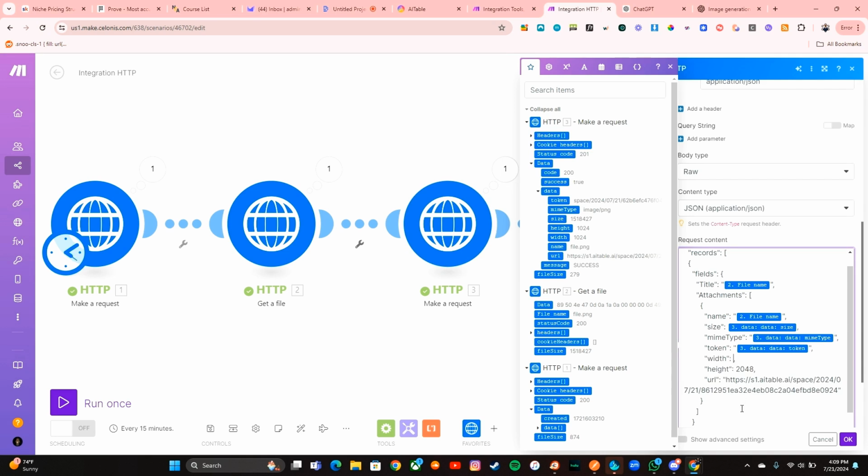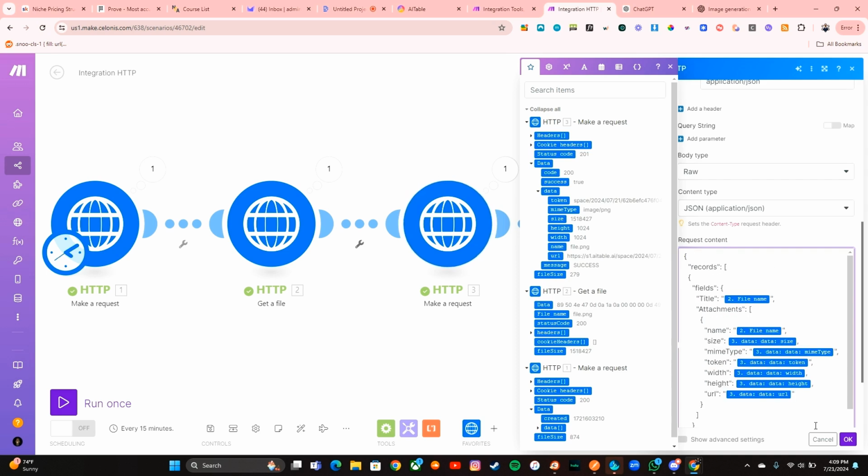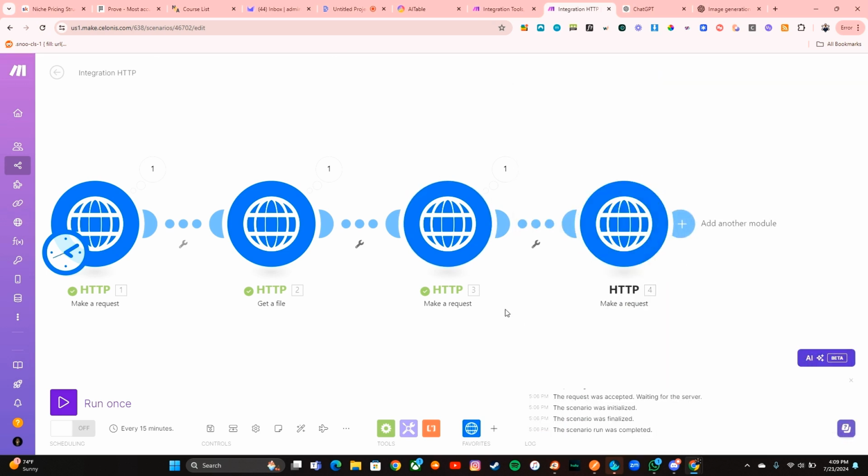We have the width, and we have the height. And then we have the URL. And that should be it. Let's press OK, and then let's run this.